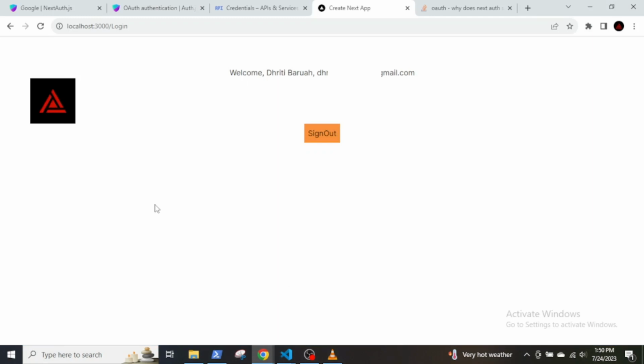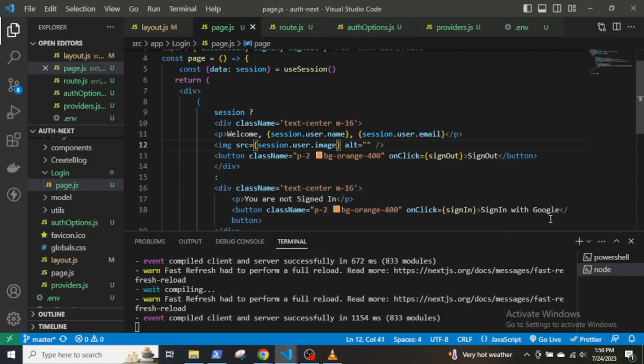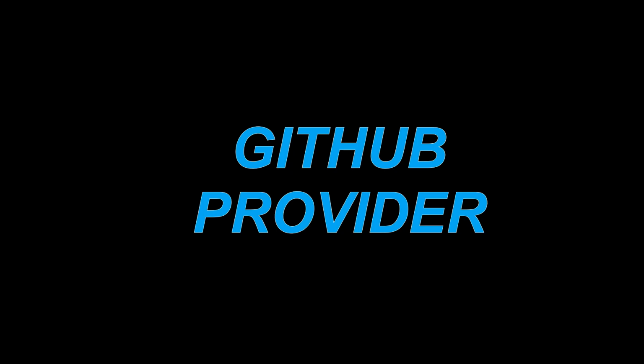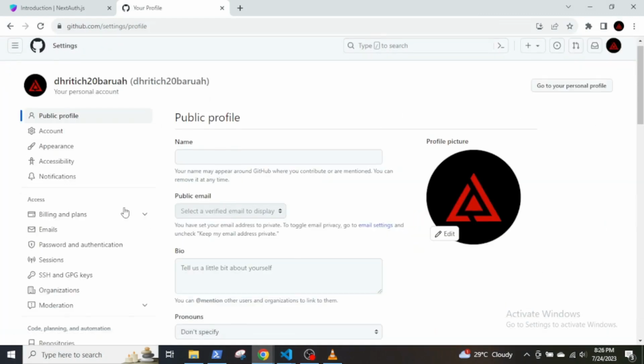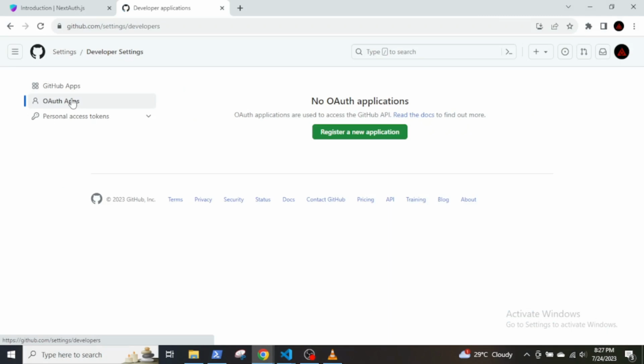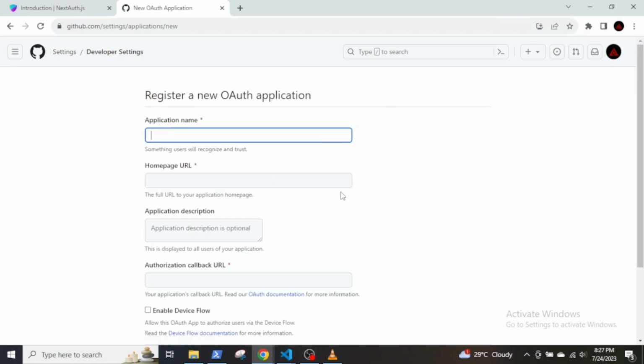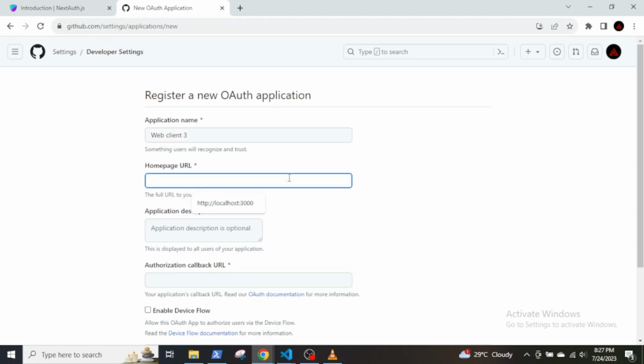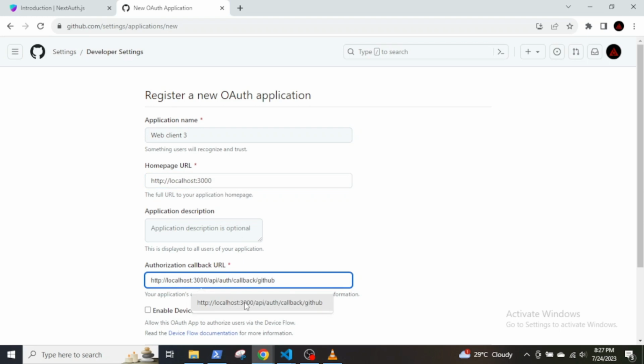Okay, well, that's for the authentication using Google provider. For the GitHub provider, go to the GitHub page, go to settings, and go to developer settings at the end of the left hand panel. Click on OAuth apps and then click on new OAuth app. Give a name for the application, the home URL, and under the authorization callback URL type